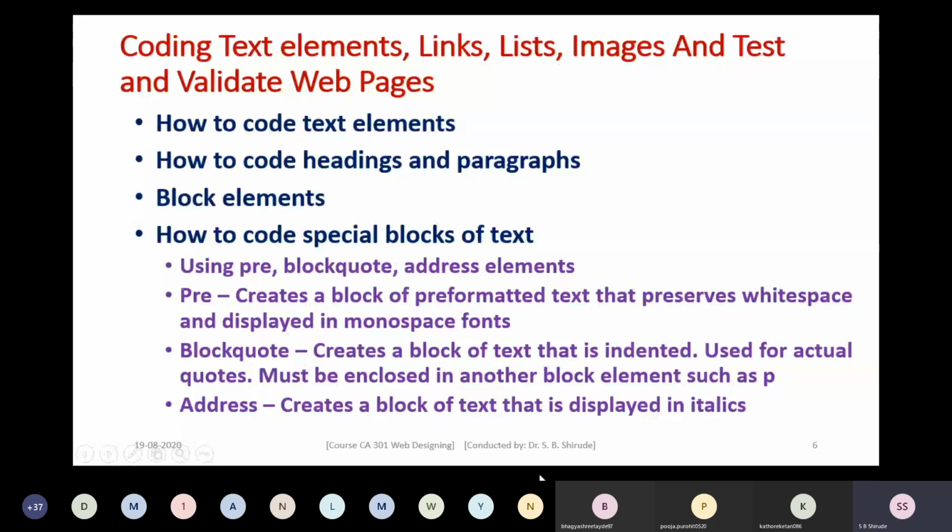Thus you can code the text elements by using block elements such as headings and paragraphs. Headings are supported by the elements H1 to H6 and paragraphs by the P element. And one can code special blocks of text by using PRE for pre-formatted text, block quote, and address elements. Okay, we will see it with the help of a demo at the end of this presentation.